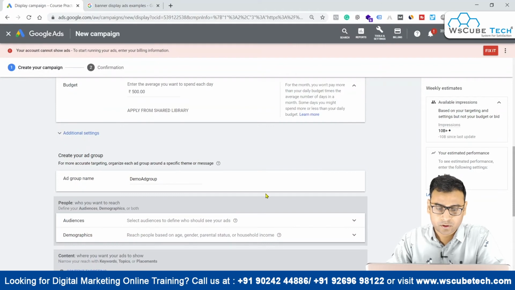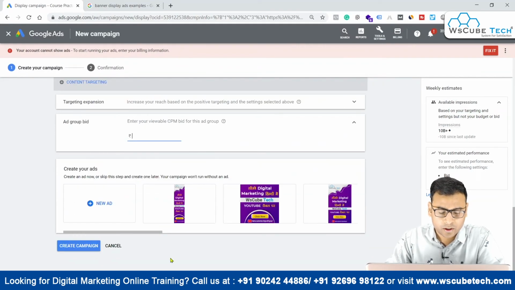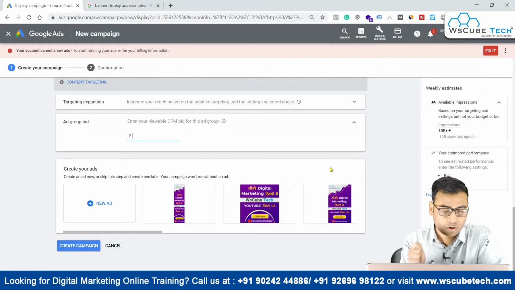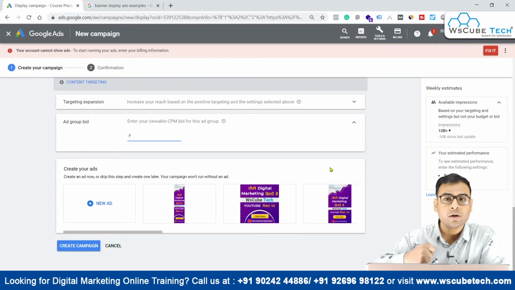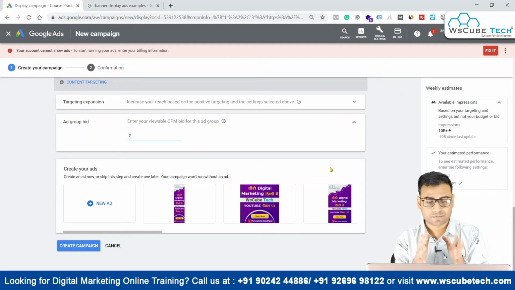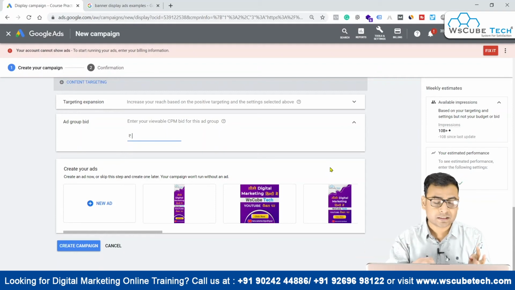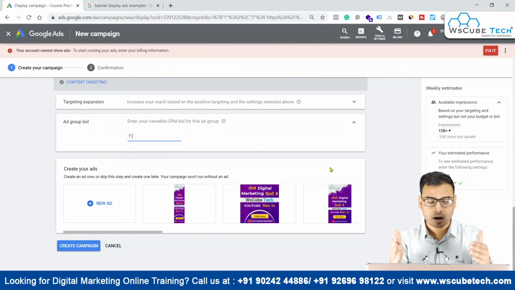Another very important thing with regard to display campaigns is that whatever images you are uploading, you cannot say that each and every image will perform well. So you have to see the analytics of your images, how the banners are performing on the web, and optimize accordingly. If some of your banners are not performing well, you can pause them and add other images or creatives in support. Whenever any banner is not performing, just pause it. This will give you an idea of how your images are performing.